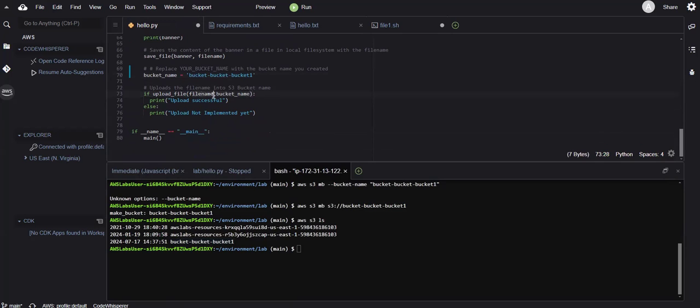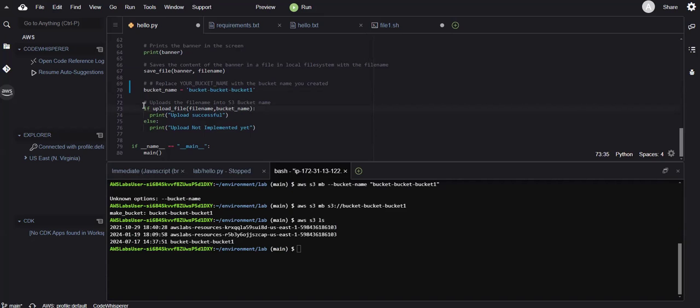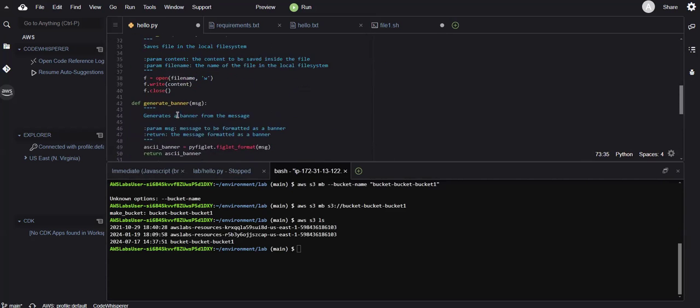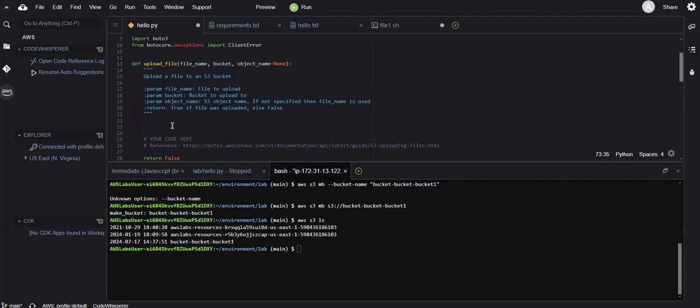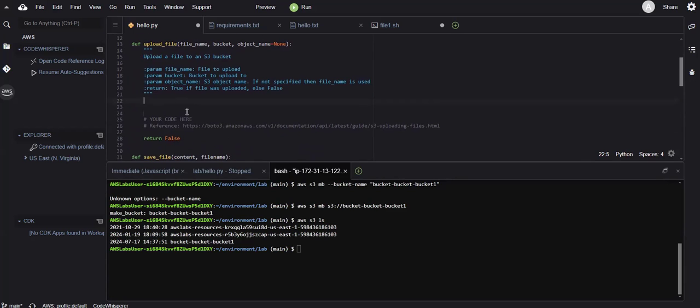Here I'm providing the file name and the bucket name as well. So whenever our interpreter or compiler comes to here, it will check for the function, that is upload file, where it is. You can see this is the upload file function, right? Here we need to write the code to upload our file with this file name, our bucket name, and object. Now for this lab, I'm providing the object name as